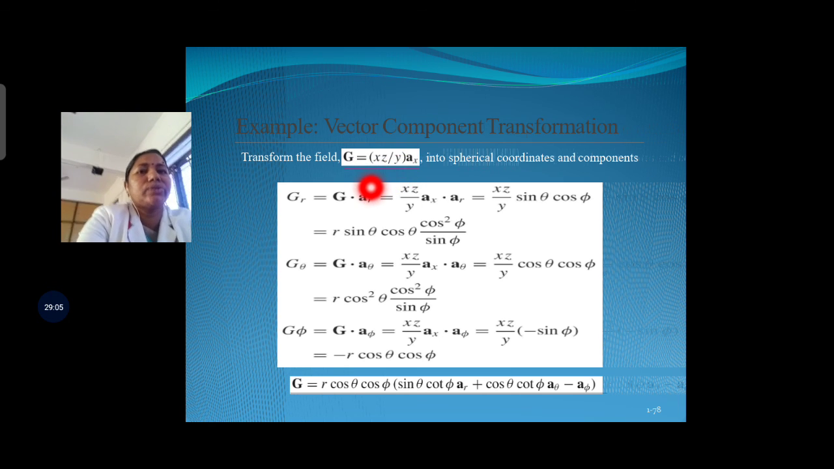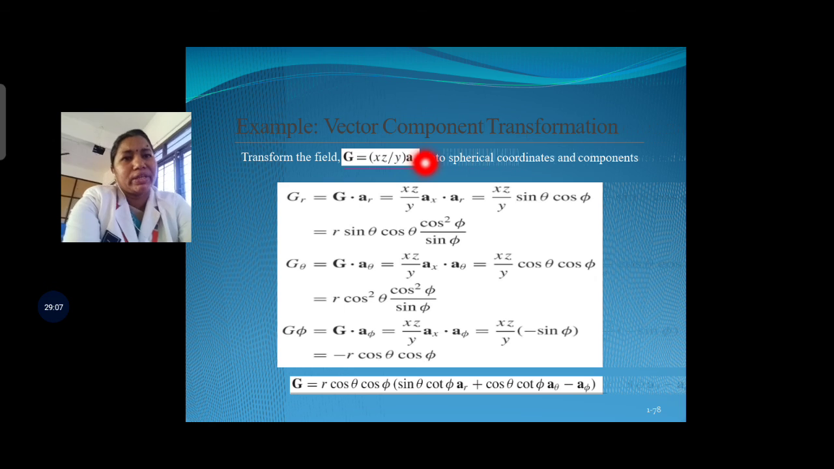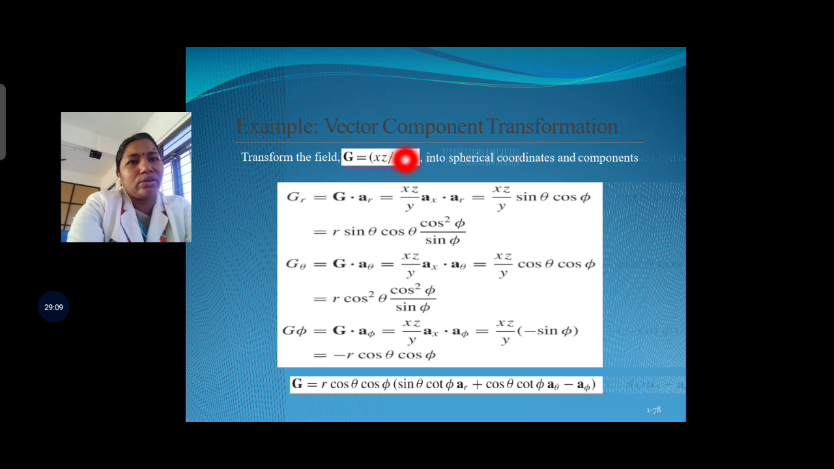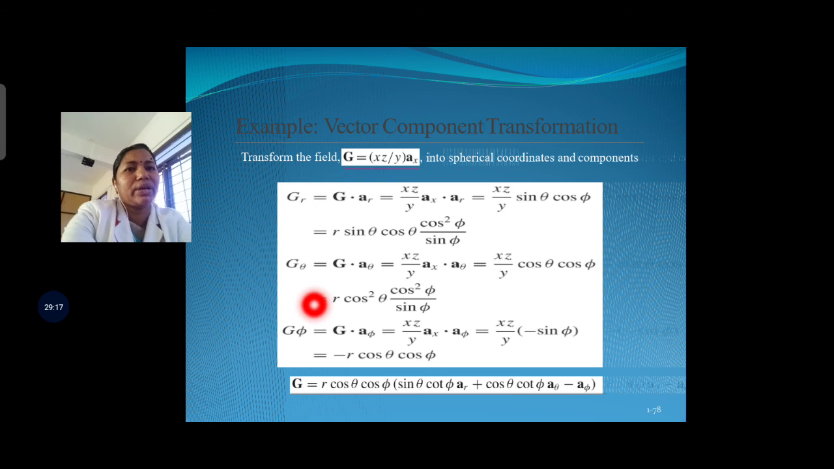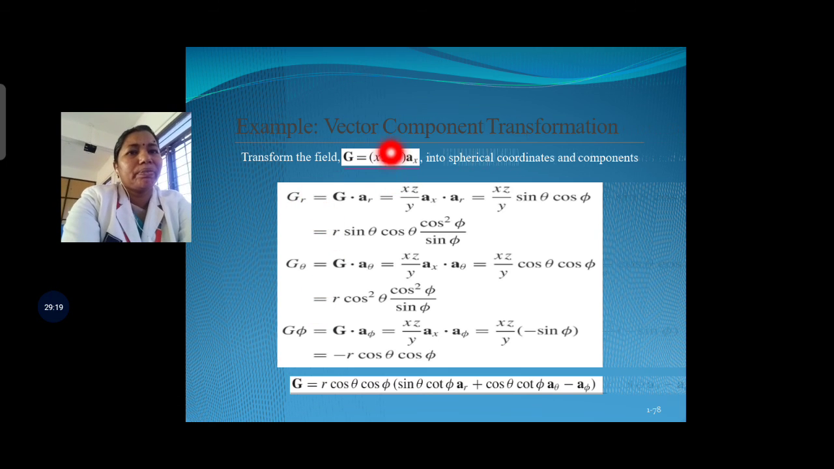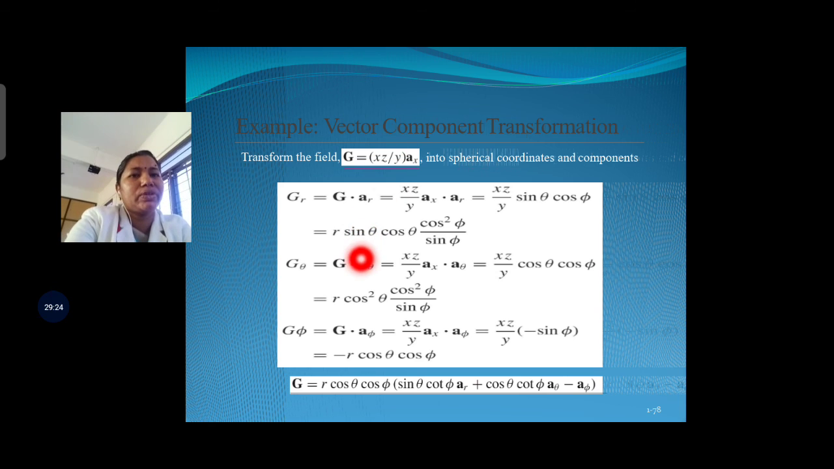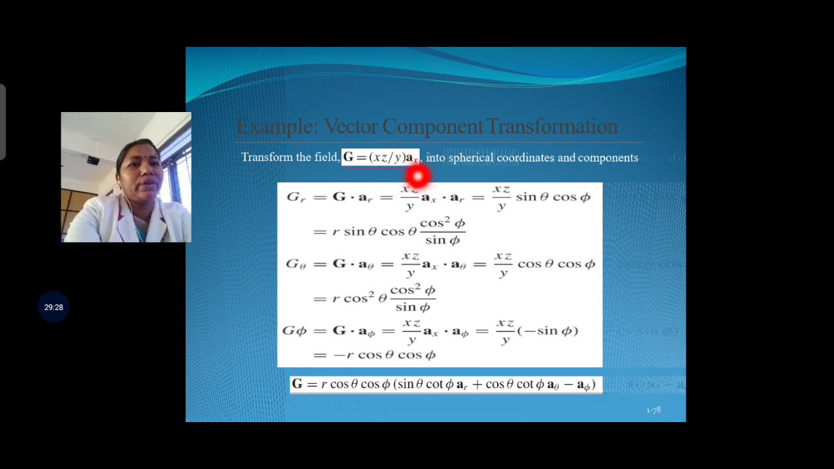If you refer to the x, y, z coordinate system, we get the Cartesian or rectangular coordinate system. We are going to transform it into the spherical coordinate system. Spherical means we will get r, theta, phi. So we just have to multiply this G by a_r, then multiply by a_theta, then multiply with a_phi. So xz/y a_x,